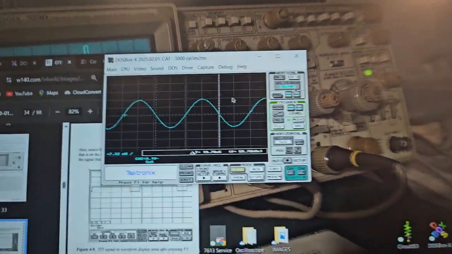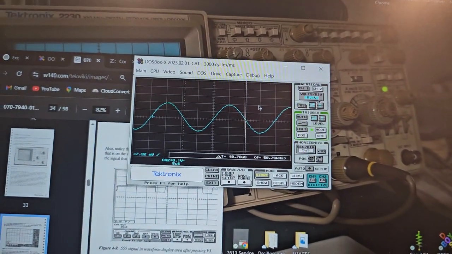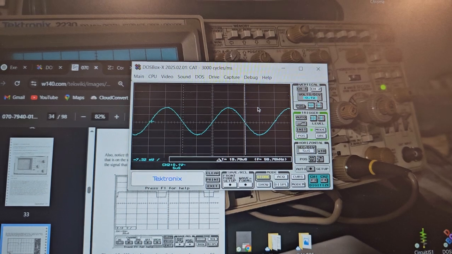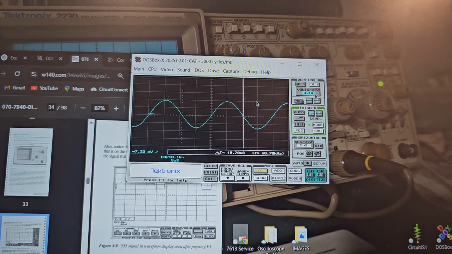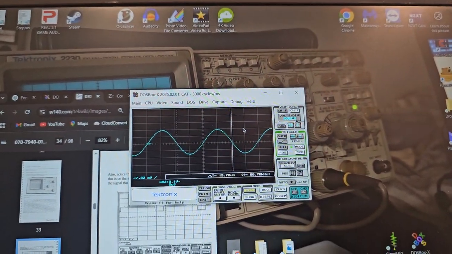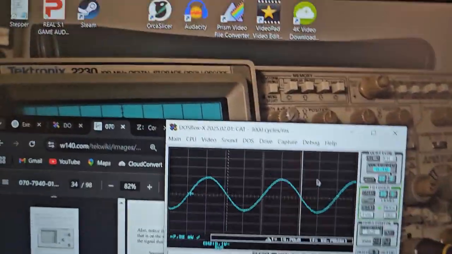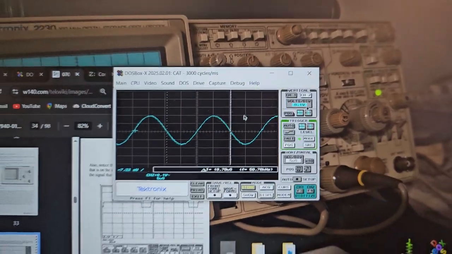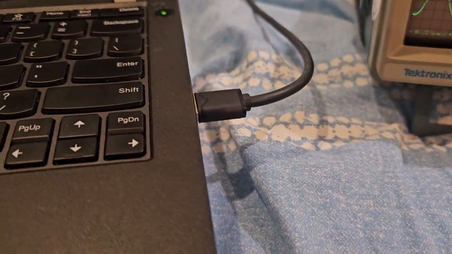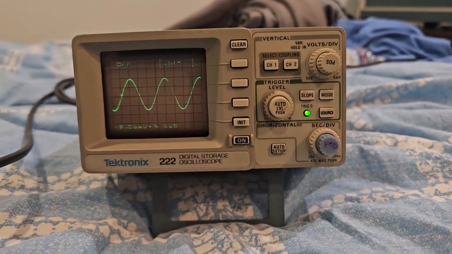Of course, this software is very old, so I'm running it on DOSBox, which is an excellent software for running, well, is it a virtual machine? I actually don't know. It's running DOS, and that's what CAT200 is supposed to be running off of, DOS. And I was able to configure its serial and everything. So now I just have a USB to RS-232 serial adapter connected to my oscilloscope, and I can configure it